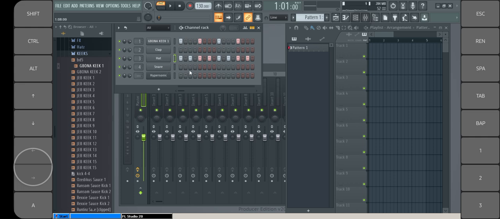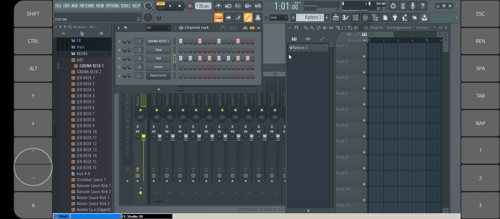Yeah. After you've done with arranging here, you'll see here pattern 1. So this pattern 1 is what you've done here on the channel rack.